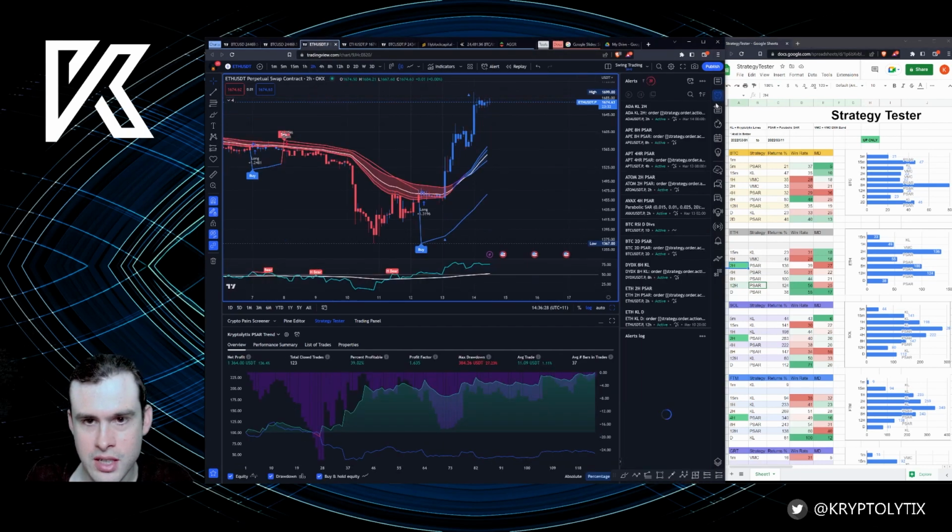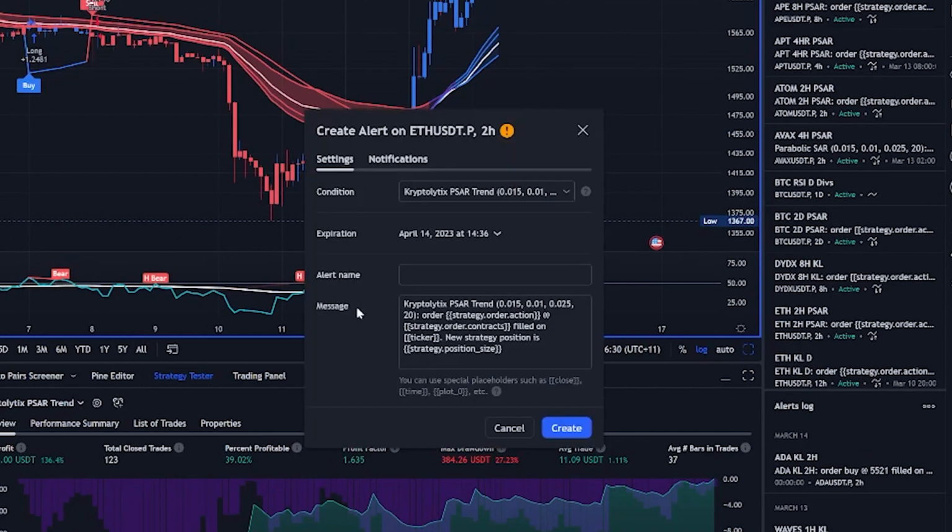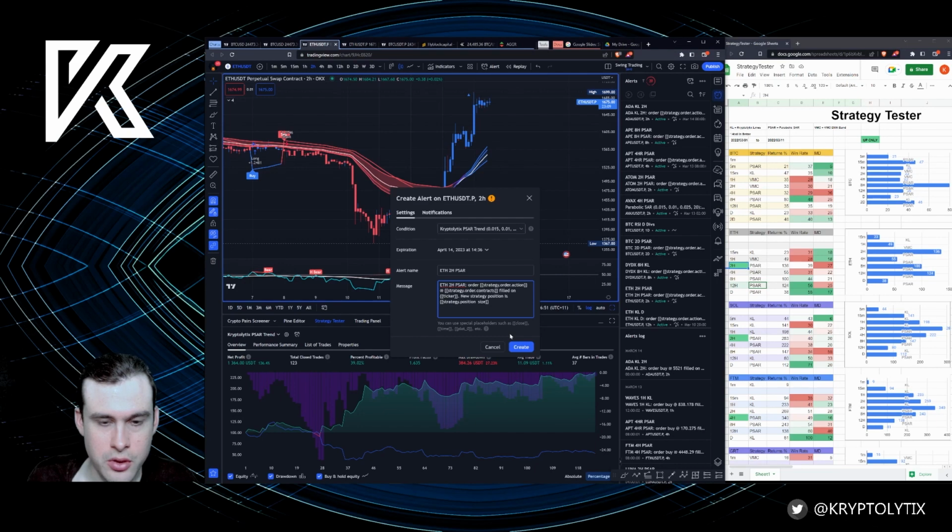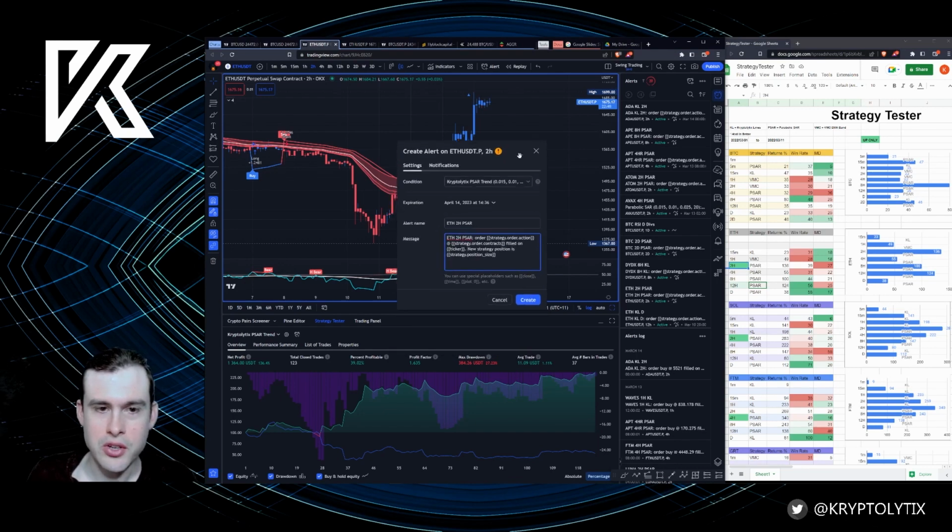Now I actually have alerts set up for all of these. You can set alerts just by clicking this, and then you type in the time frame. So like ETH 2H PSAR, for example, and then I copy this, grab all this guff here and replace it like that. That'll give you an alert to go long and short in one alert. Now remember, in the cheaper TradingView plan you get 20 alerts max. So I've got all of these in here giving me both buy and sell signals, which I couldn't usually do in the past. I usually had one for buy, one for sell. This way you can have a lot more.